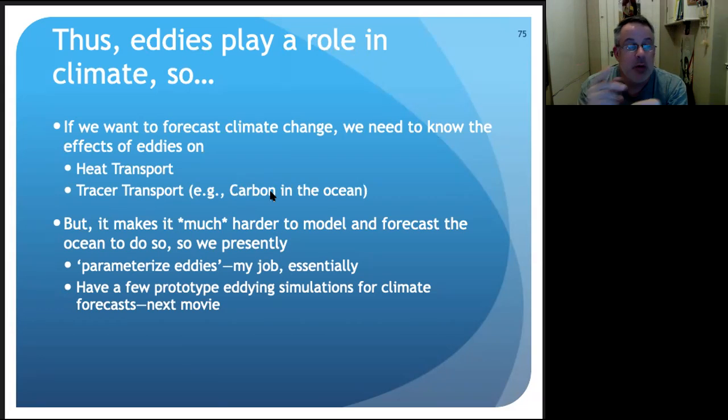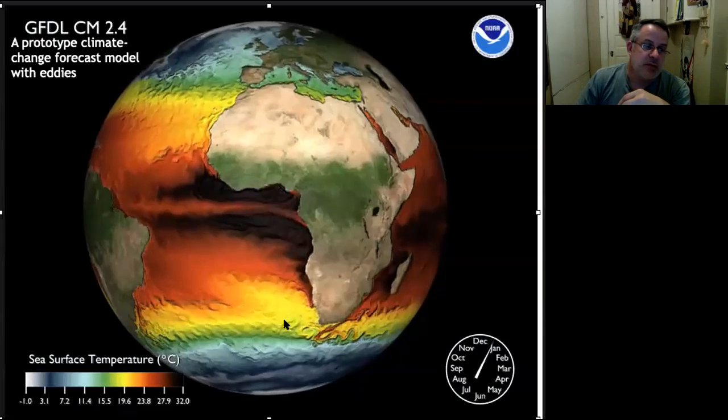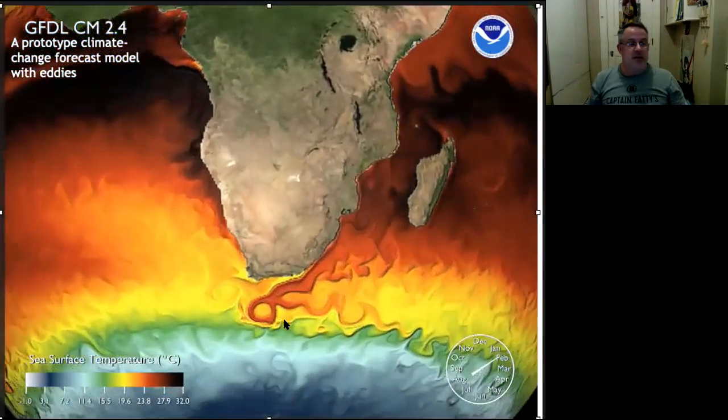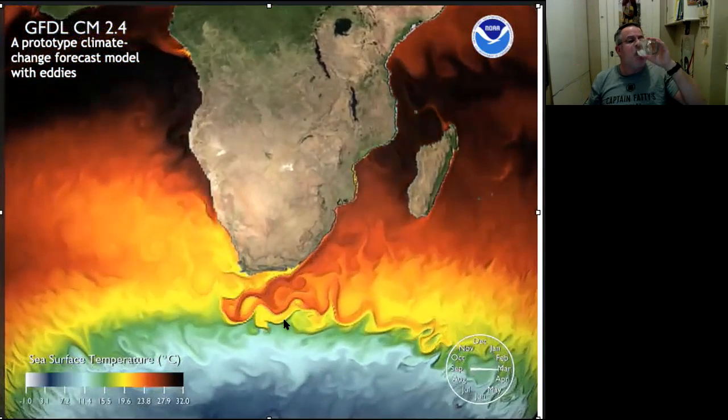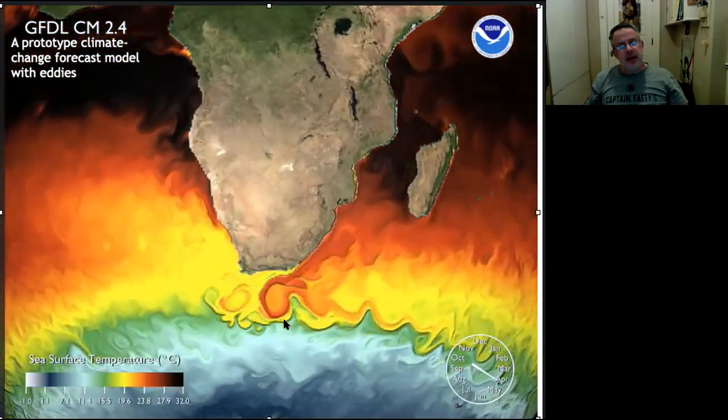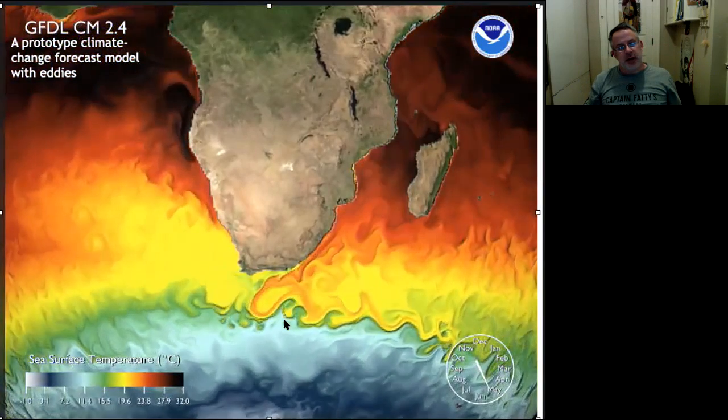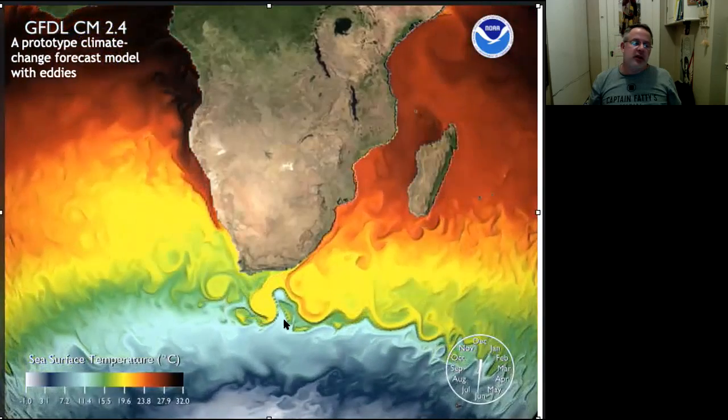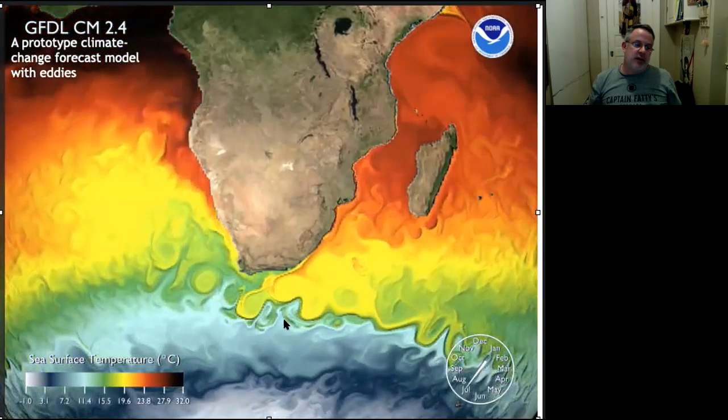And then there are a few of these high resolution simulations like the ones I've been showing you movies from. All right, the end. Here's one more eddying solution that's a nice one to look at. Really shows you how alive and vibrant the time varying part of the ocean is.